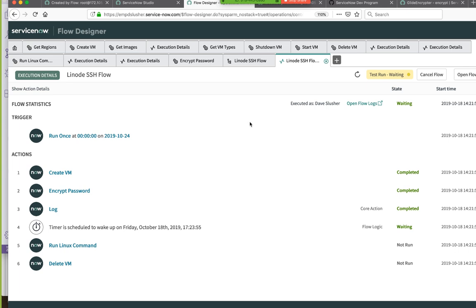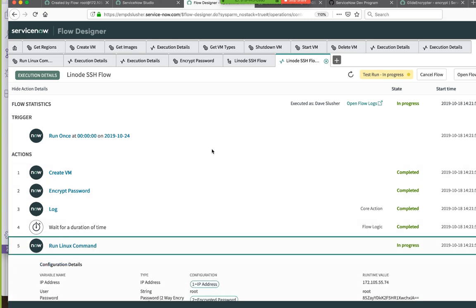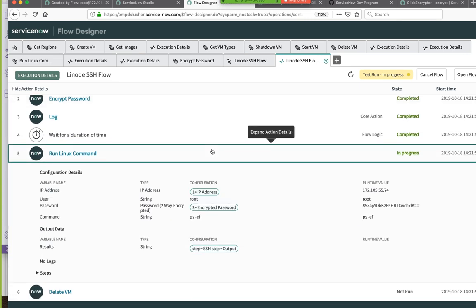All right. Well, in 10 seconds, we should have our real thing. So we'll either have succeeded or failed. Like I said, I'm actually pretty sanguine about both possibilities. Oh, completed. The run Linux command is in progress. Oh, that seems good. And you see, actually, it is logging the encrypted password. It is in progress.